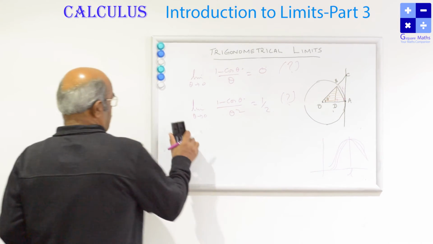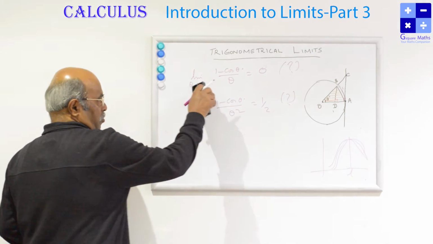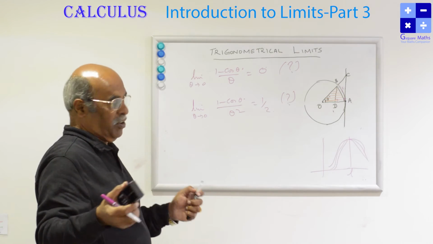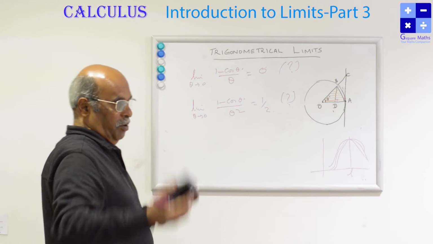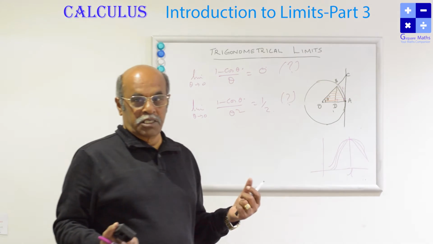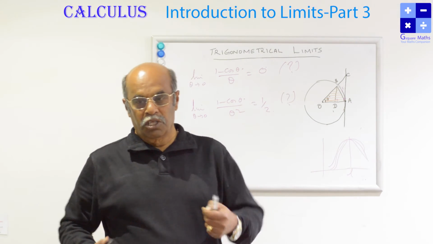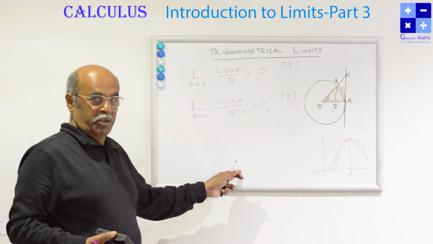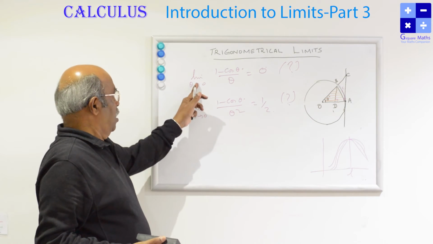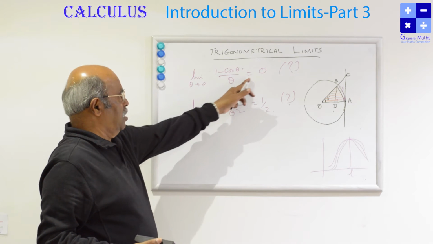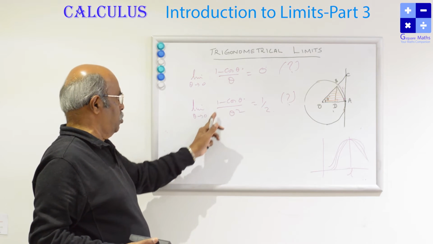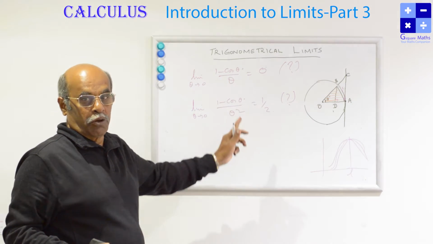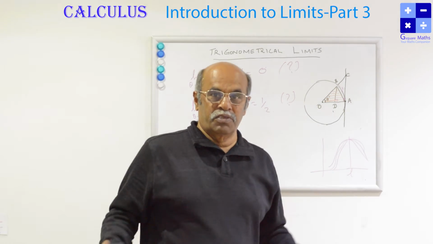Please make a note of it so that we will discuss in the later classes. If you are having any doubt, in the YouTube channels you can post your queries so that we will answer the question also. So note this. This is a corollary to the limit value we studied. Limit theta tends to 0 of (1 minus cos theta) by theta is equal to 0. Limit theta tends to 0 of (1 minus cos theta) by theta square is equal to half. These two corollaries, you can try to prove, and you'll get it. Otherwise, you'll see me. Thank you.